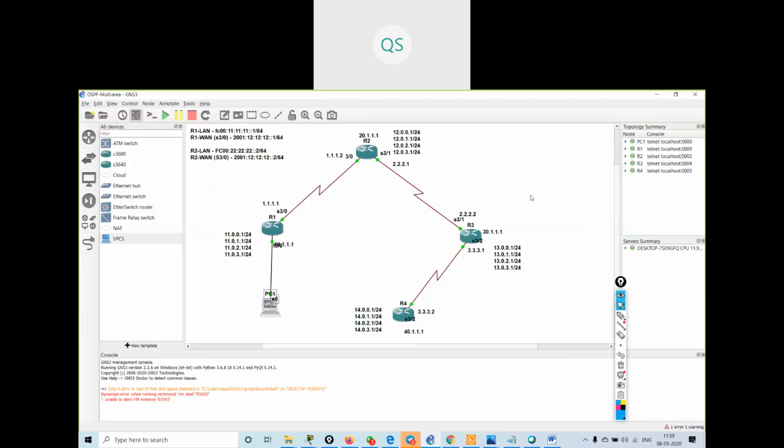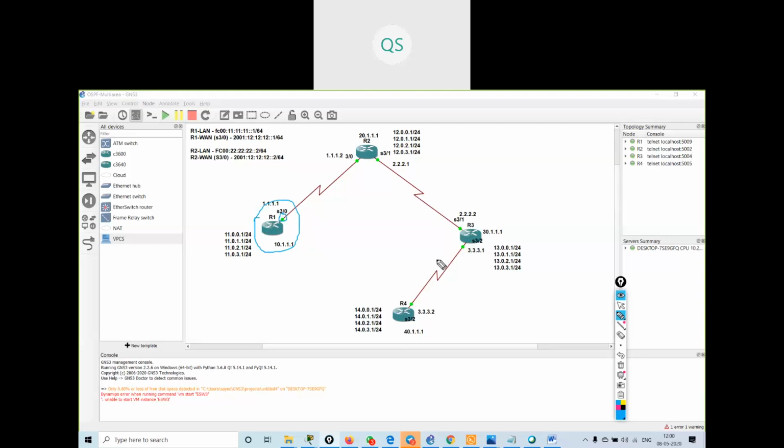Now we will study the concept of stateless auto configuration. What does stateless auto configuration mean? Suppose this R1 is my device, and this device is having an IP address over here.